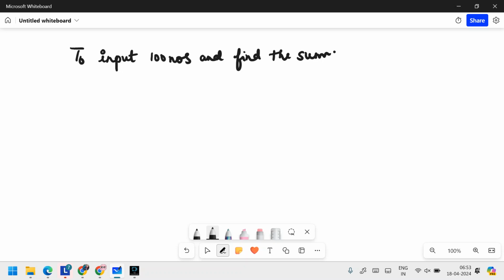In the normal programming way, if it is 100 numbers, I will have variables like num1, num2, till num100, correct? And to find the sum, I will have something like this. This is how I will find the sum.